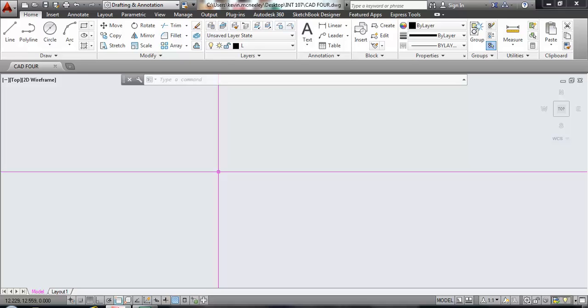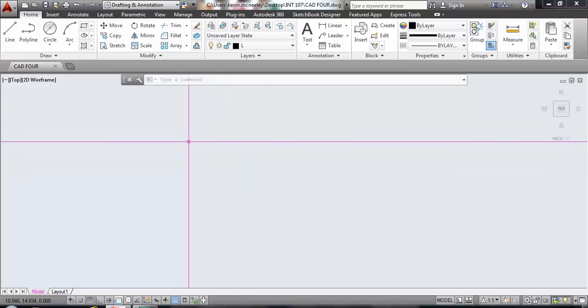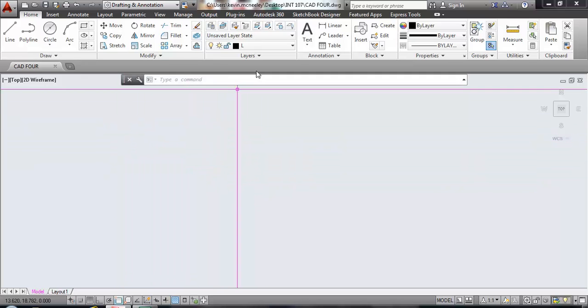Welcome to Cad 4. Cad 4 is very similar to Cad 3. You got to develop 3 views. What they've given you is a top view and a right side view. You have to develop both of those and also a front view. So again, I used my seed file as my prototype, and I did a save as, and I called it Cad 4. So remember, when you're using the seed file as your prototype, it allows you to have the layers,